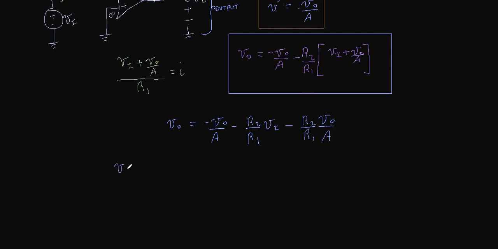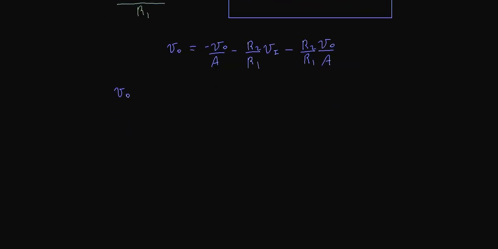I'll just go step by step so it's easier for you to understand, and not neglect any steps. So V naught plus V naught over A plus R2 over R1 times V naught over A,